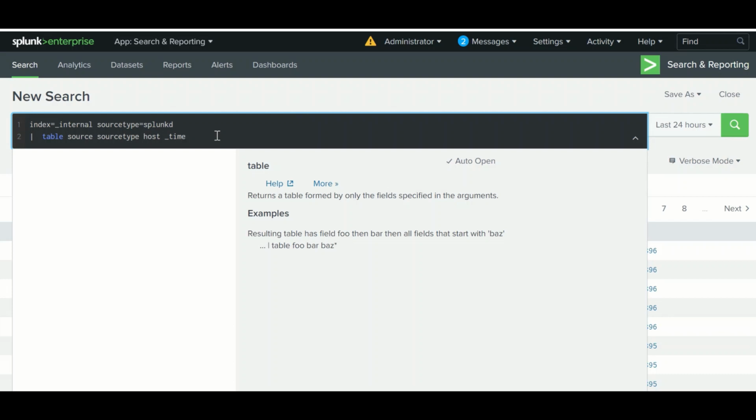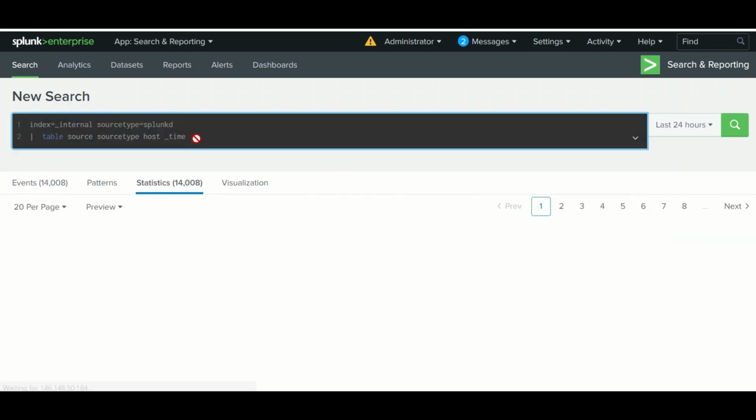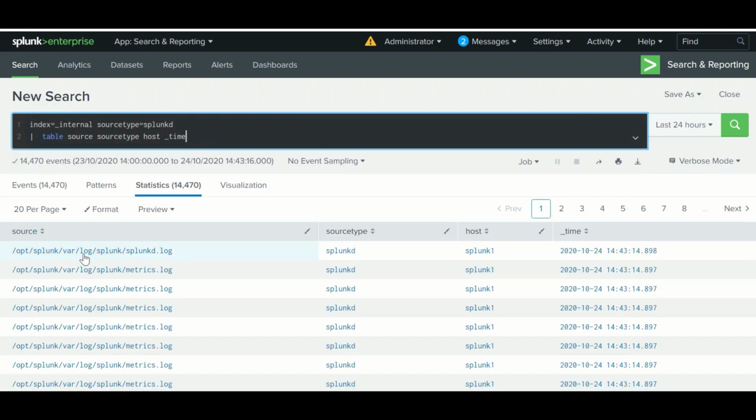Columns are displayed in the order given in the command. As I mentioned here, the first column will be source, second is source type, host, and time. If I run it over here, it will give you source, source type, host, and time.